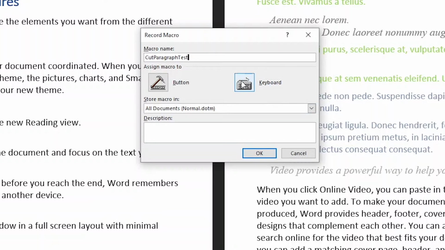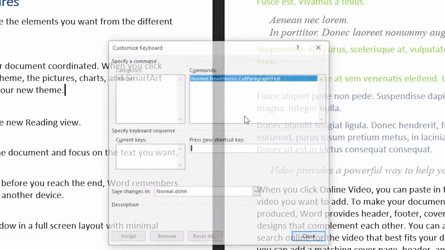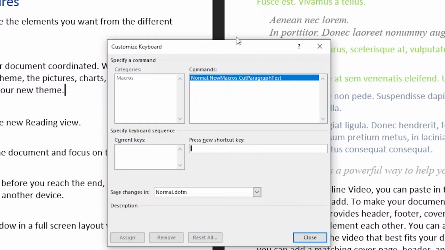So we'll tell Word here by clicking this keyboard button there, we're going to run it with a keyboard shortcut. So here it brings up another window. Notice over here it's asking for a command. Now it already has our command listed here on the right. Then down here we have a little edit box labeled Press New Shortcut Key. So we'll click in that if it's not already selected for you, and then we'll decide what we're going to